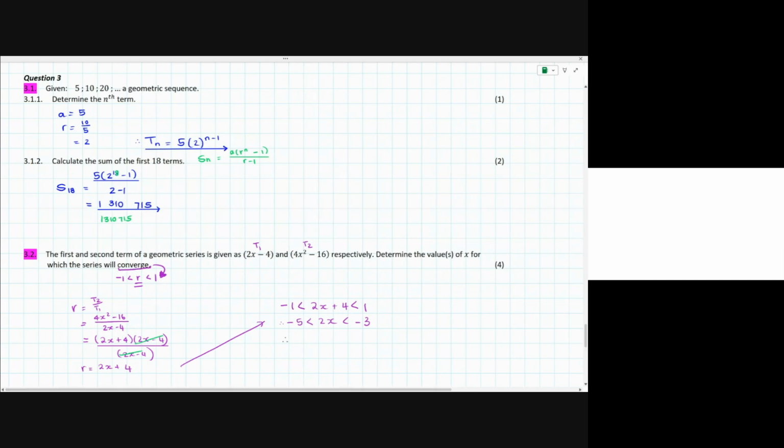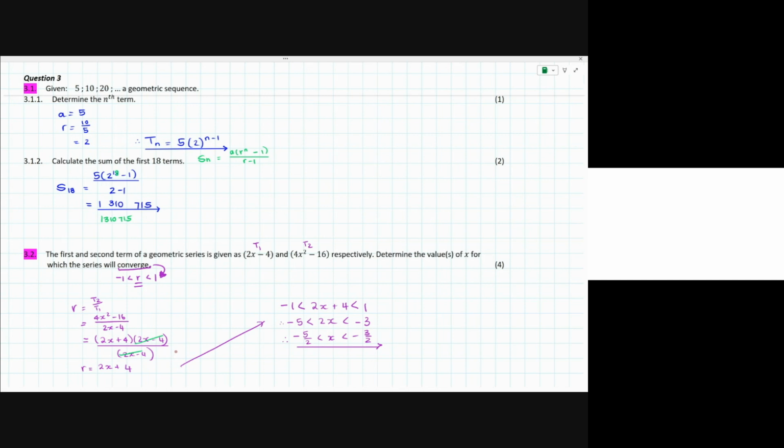And then I'm going to divide everything by 2, so -5 over 2, x in the middle, -3 over 2. And between these two values, so -2.5 and -1.5, is where my series will converge. Okay, it said determine the value or values for x. I've given the range of values that it will converge at. And so as long as in this series, the x value is somewhere between those two values, we will have